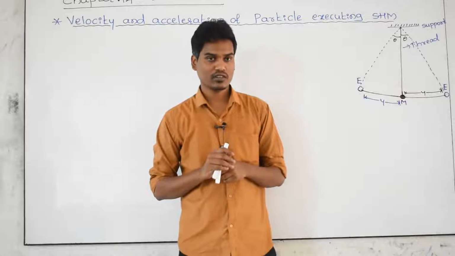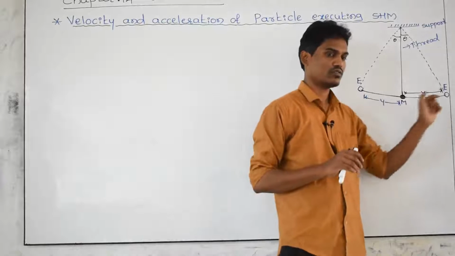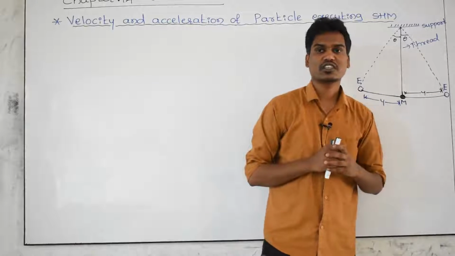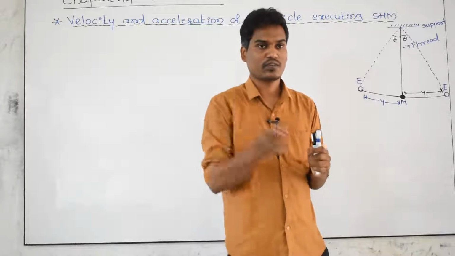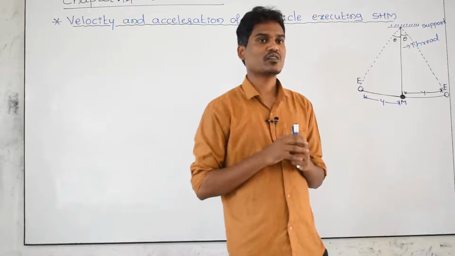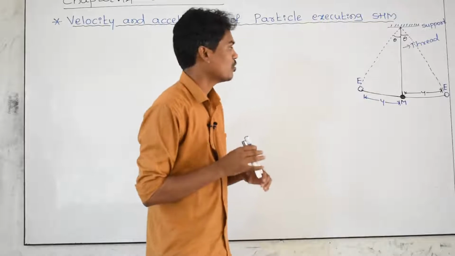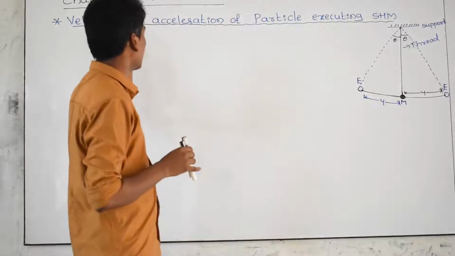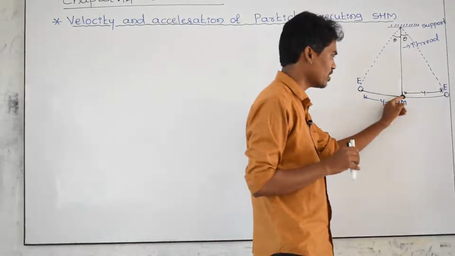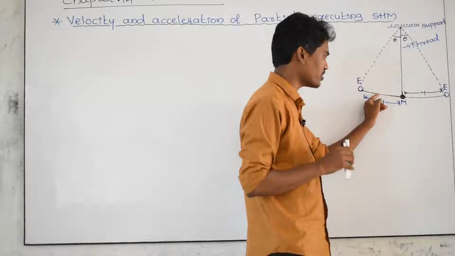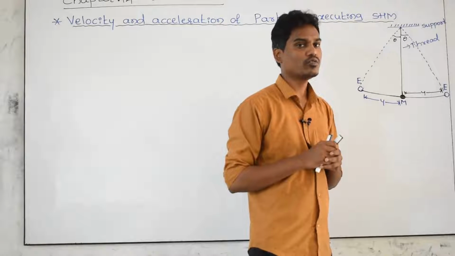of the body during this to and fro motion? Whenever the object is executing, it means already it is in motion. Whenever the object is in simple harmonic motion, what is the velocity and acceleration of this body at each and every point of its journey? That is what you have to find out.